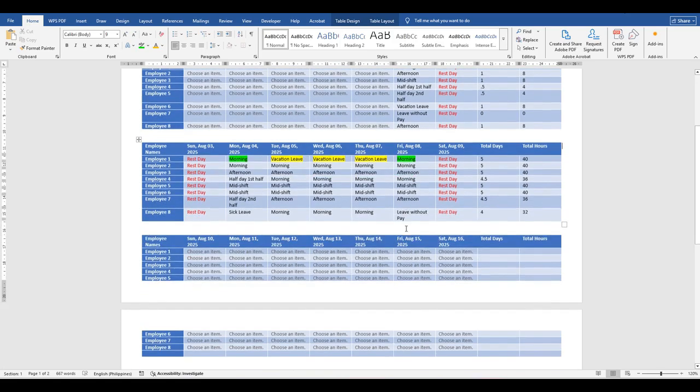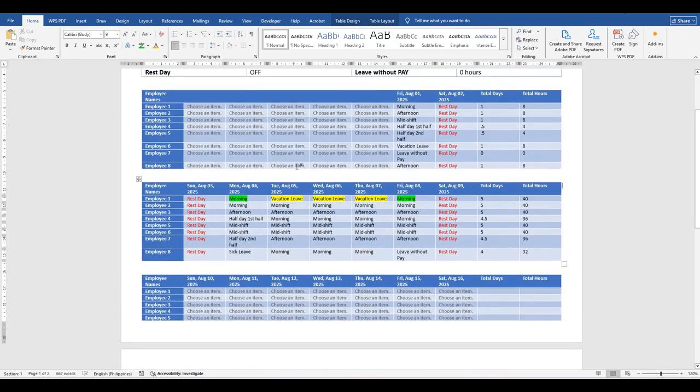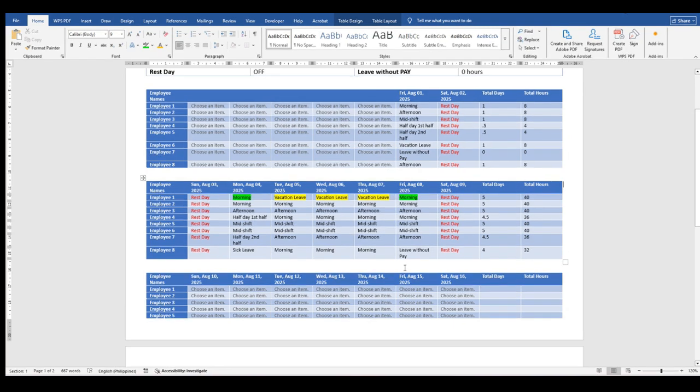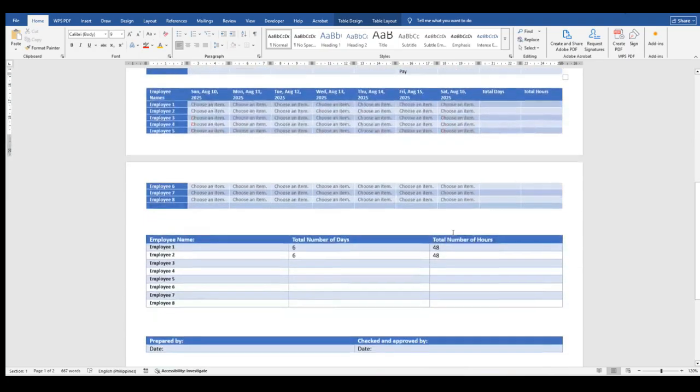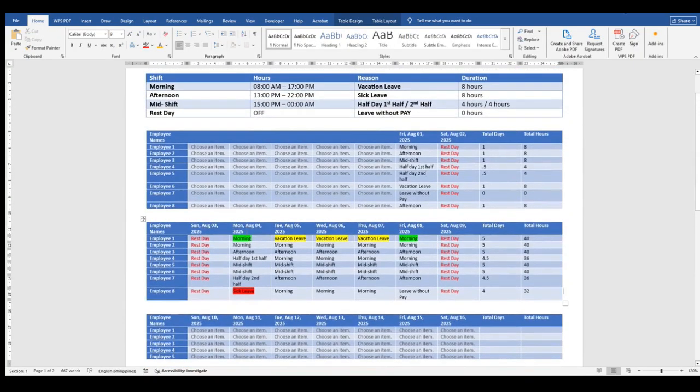So it's going to be your option how you apply the colors, so that it will be easier for you to see who will be on rest day, who will be present today, or who will be on vacation leave, or who will be on sick leave. So you can apply colors right there in Microsoft Word. So you will be able to see the staffing easily. For example, for this one, if we color it green, you will be able to see, oh, so for this day, like for example here,